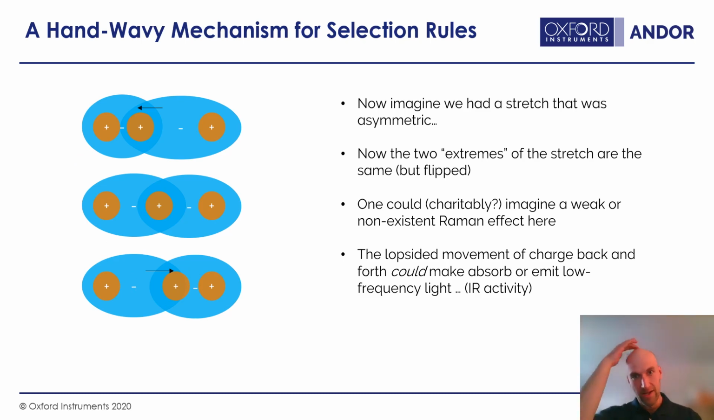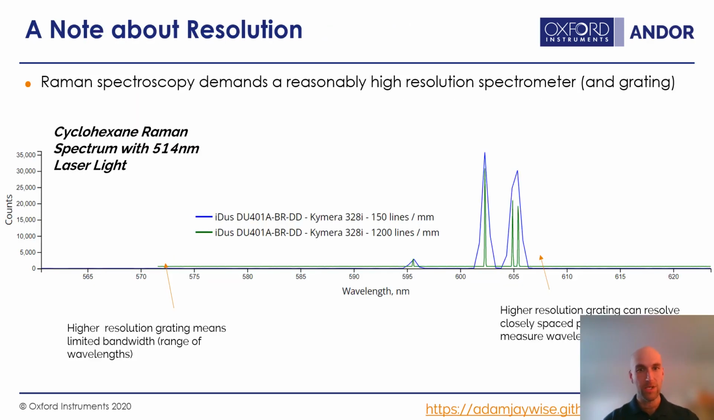That's a much more direct way to interact with the electric field because we can simply radiate or absorb time-varying electric fields that way. So this lopsided movement of charge back and forth could absorb or emit low-frequency light, so IR activity. So to bring it to a conclusion for today, because I've gone for about 43 minutes,